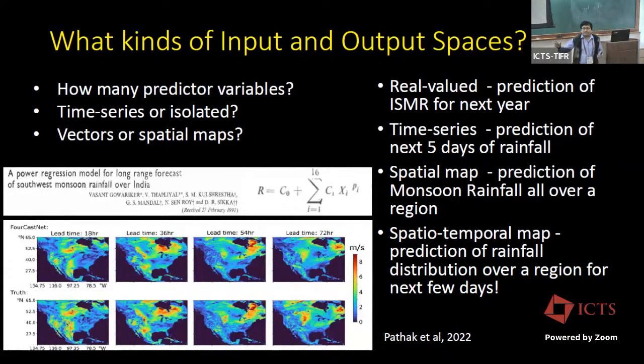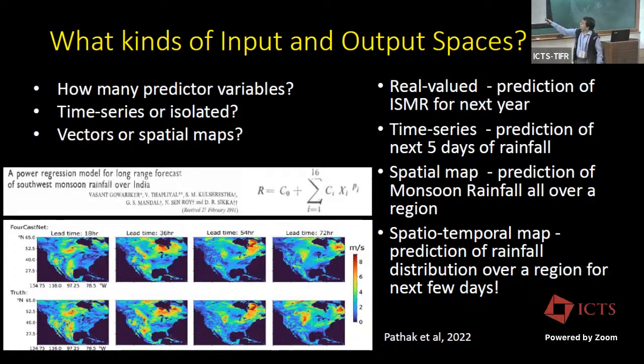It may indicate, for the same amount of rainfall in two different years, one may have rainfall evenly distributed all over the place, with no region having excess or deficiency, or it could be that some regions are having floods while other regions are having droughts. Or it may be uniformly distributed over the 4 months, or it might be that 3 of the months are dry, had hardly any rainfall, and in 1 month it rained like hell, and it made up for the deficiencies. So all these details are hidden away if we represent the Indian rainfall with just one number.